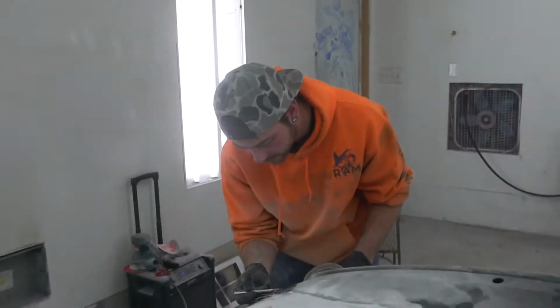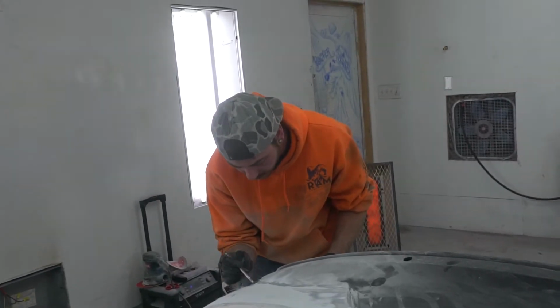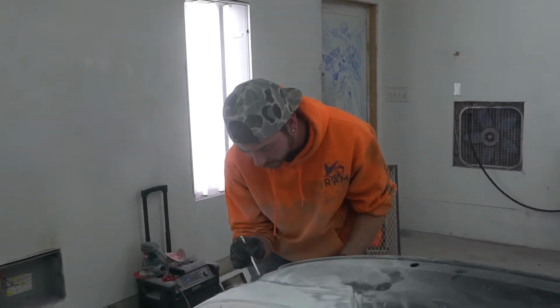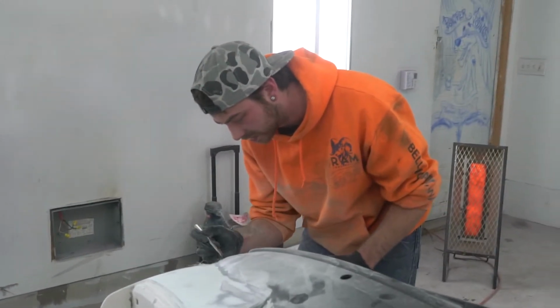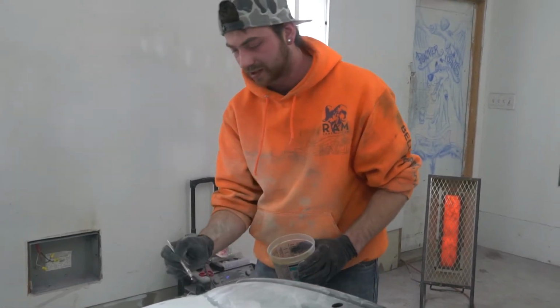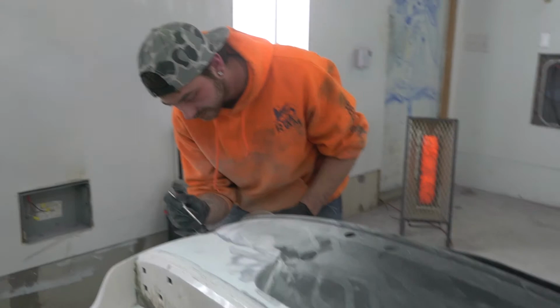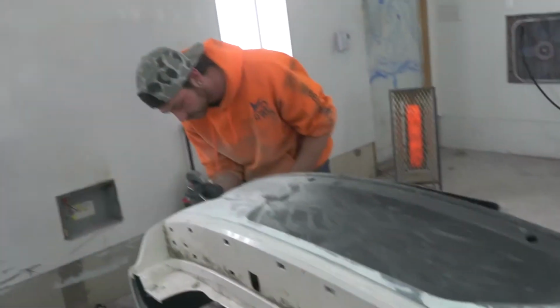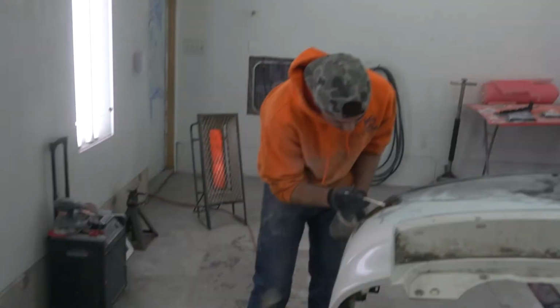Our first few layers of primer is really gonna show every little imperfection that we may have overlooked or missed or needs a little bit extra work. Right now, we're just trying to get that main transition done and over with so we can see a base of where we need to continue on. Gotcha. So there you guys have it. So we're gonna patch that spot up, and then we're just gonna keep sanding and putting